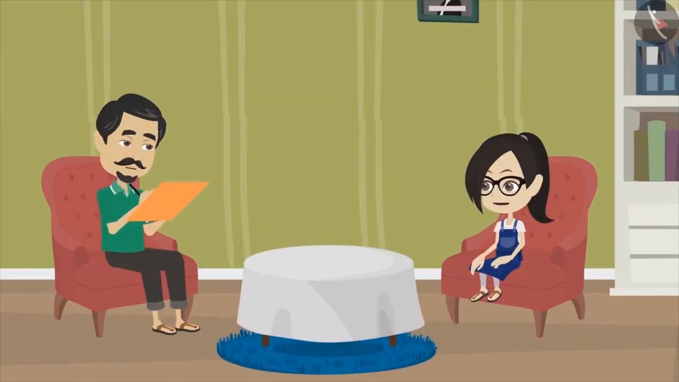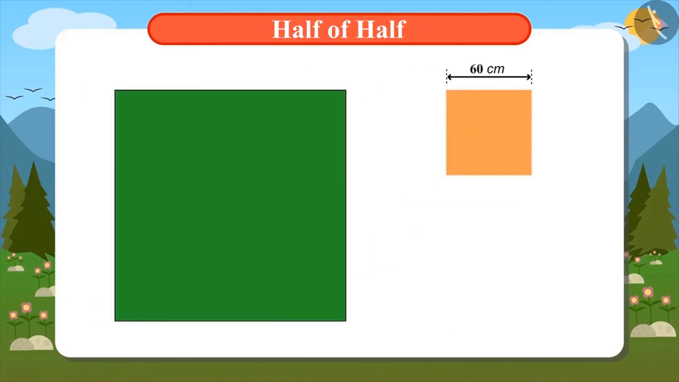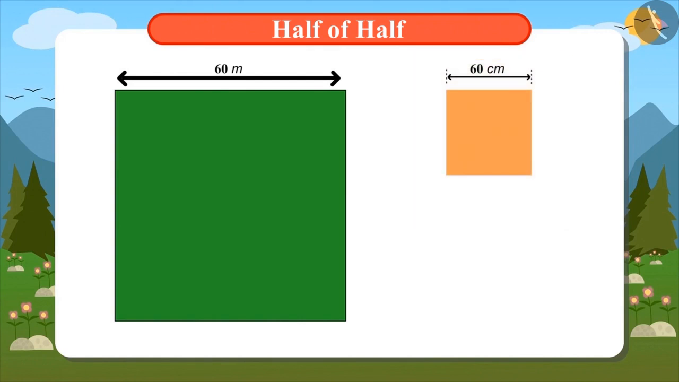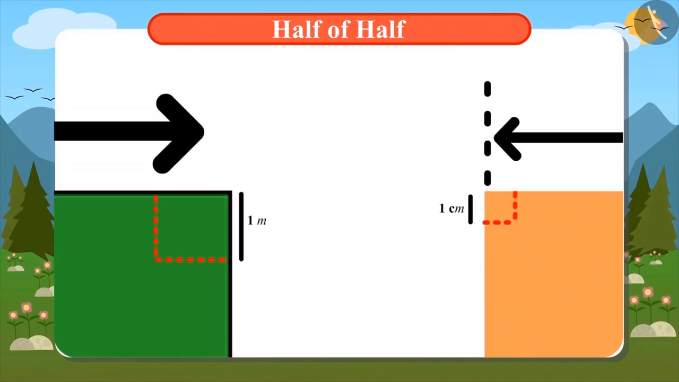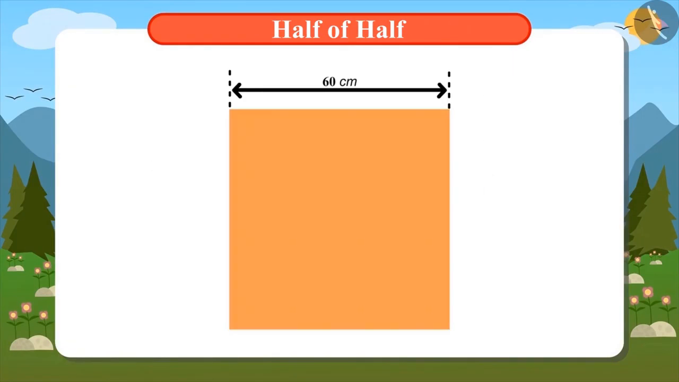But what are you writing on the paper? This paper shows our field and its measurements. The length of our field is 60 meters and the length of this paper is 60 centimeters. That means 1 meter of the field is taken as 1 centimeter on paper. I'm trying to divide our field into 4 equal parts on this paper so that I can plant one crop